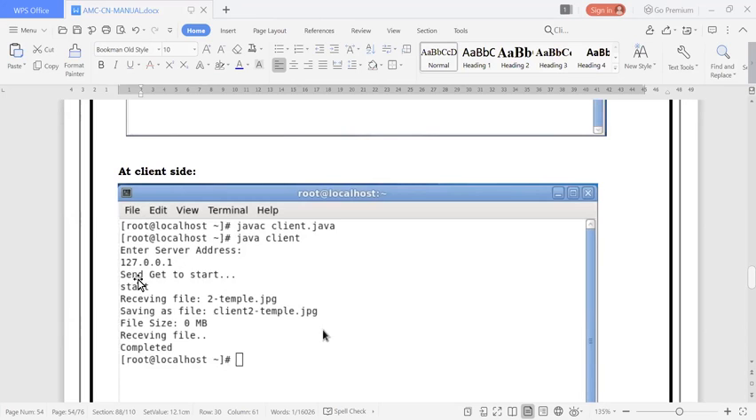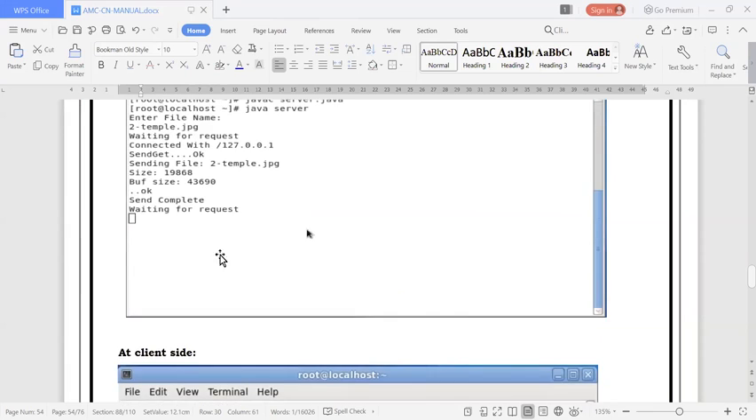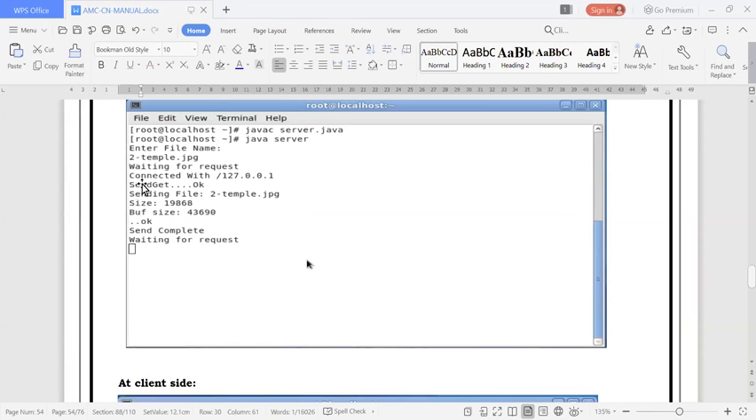127.0.0.1. Then it will write that send get to start. I'm using the get method. I told you that we have to use call state, so I'm going to call to server side. Once it will be like this, here you can see it will give you that connected with